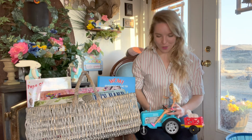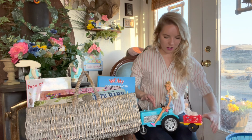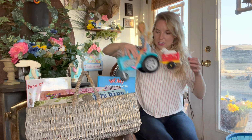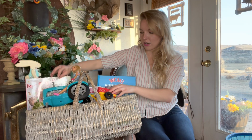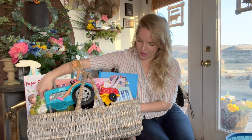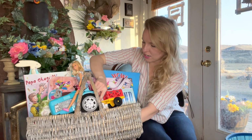Pull it together, Mattel. But anyway, our Barbie is already going to be in our little tractor, ready to go, and we're gonna set her and her little dog and her wagon into our basket right on top where they are seen, because they are the main focal point. But we're gonna need to adjust some items. So we're gonna go ahead and tilt everybody up, pushing our books back, and then we're going to nestle our tractor into our basket